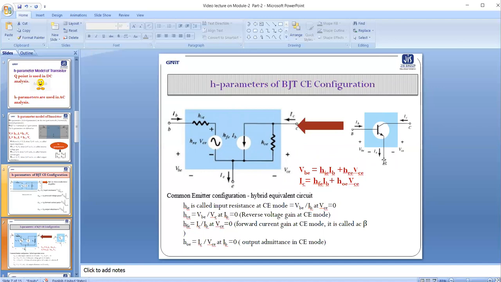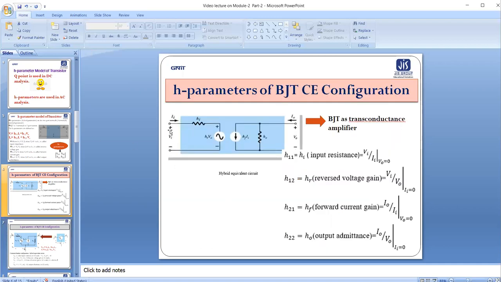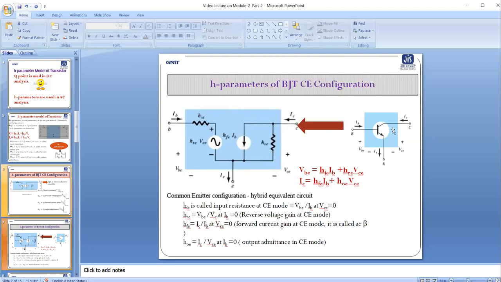The emitter is common for both input and the output. This is the input current. So when the emitter terminal is common, the base current is the input current, collector current is the output current. Okay, so by converting this picture into the equivalent model, first, this terminal is base. So whatever we have learned from the earlier slide, it is the input terminal. So when we are directly discussing the common emitter, the input terminal will be the base. So we have symbolized small b.